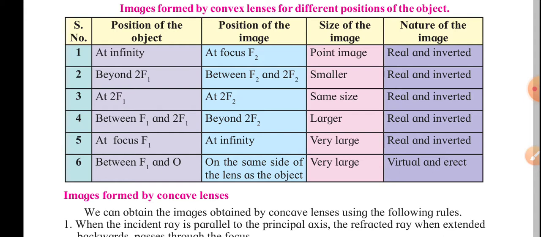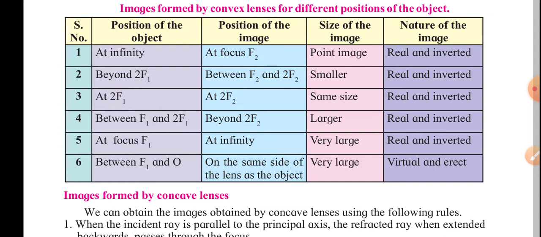Today we are going to see State Board Class 10 Science 1 Chapter number 7, Lenses. In that, today we are heading towards the second part of this particular chapter. In the first part we already discussed the spherical lenses. In that we talked about the different types of lenses, that is biconvex, planoconvex, positive meniscus, biconcave,